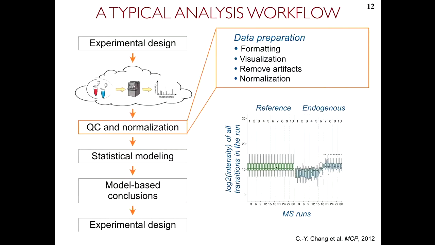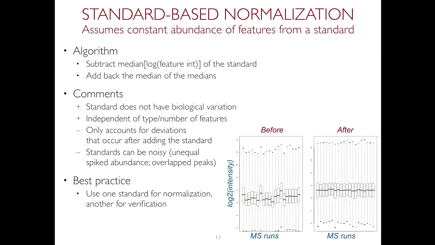However, not every experiment is like that, and in particular, DIA experiments would not be like that, right? Because we cannot spike a labeled reference for every endogenous peptide in DIA, so we have to do something else. And so there's really no good solution, right? When we have a lot of endogenous analytes and a few standards, there's really no perfect solution, but there are some solutions. So the first solution is using standard-based normalization, where we have some analytes in the mixture